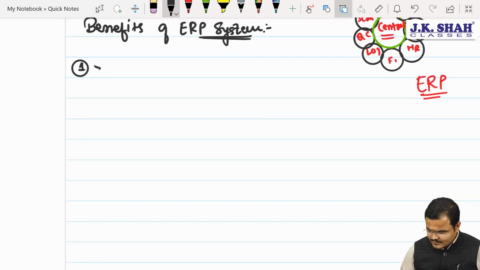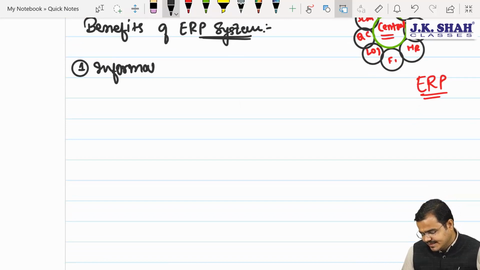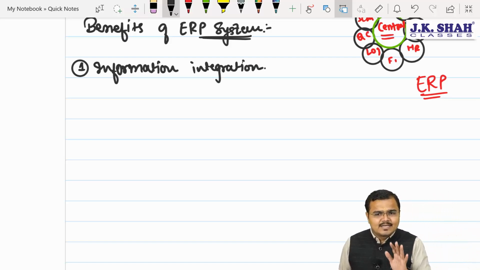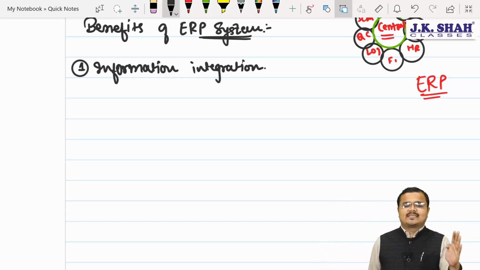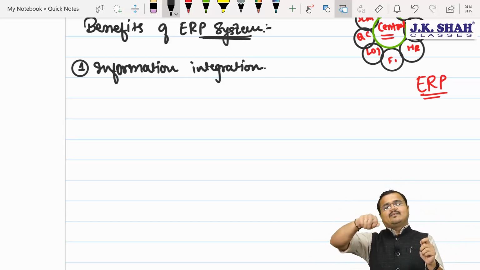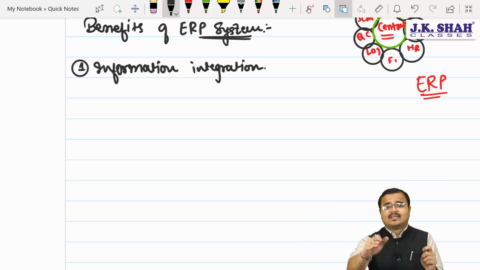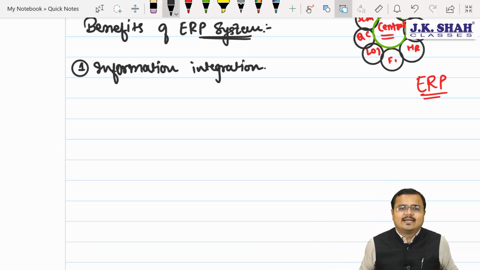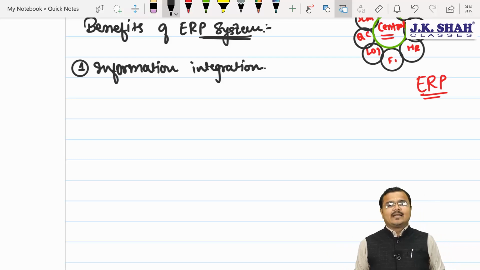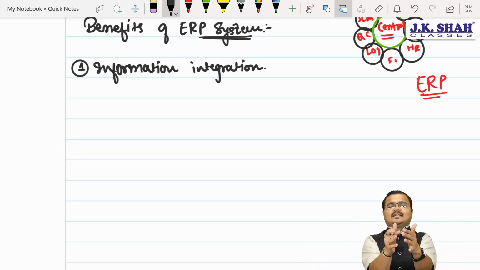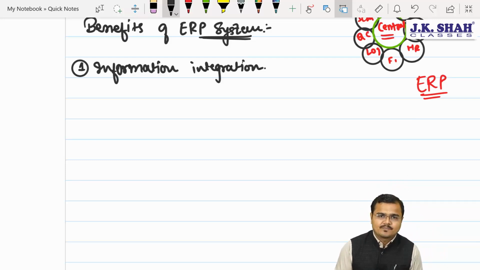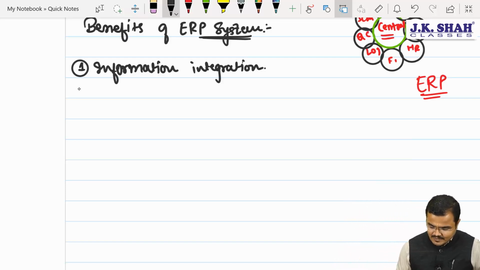Sir, number one, the first thing is information integration. Yes or no, Chartered? All the departments are managing what? Sir, the database, but in a centralized way. So whenever the database gets updated from one department, automatically that data will be available to the other departments, obviously with the restriction called RBAC, role based access control. It enables them to visualize the data from the other departments also, and to manage the entire database at the central level, and that enables us to enjoy information integration. Understood, Chartered?